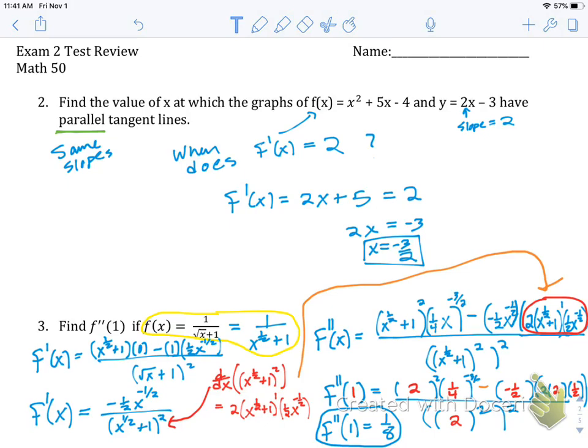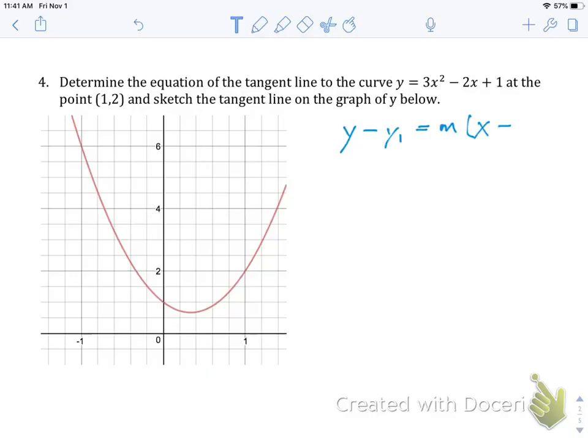Okay, so there's one more problem on this page 2. It is the second, number 4 here. It says determine the equation of the tangent line. So when that pops up, determine the equation of the tangent line, you need to immediately write this expression. This is the equation of a line, and it needs a slope and a point with an x and a y coordinate. The slope, of course, because it's tangent to the curve that's drawn, this parabola you see to the left,